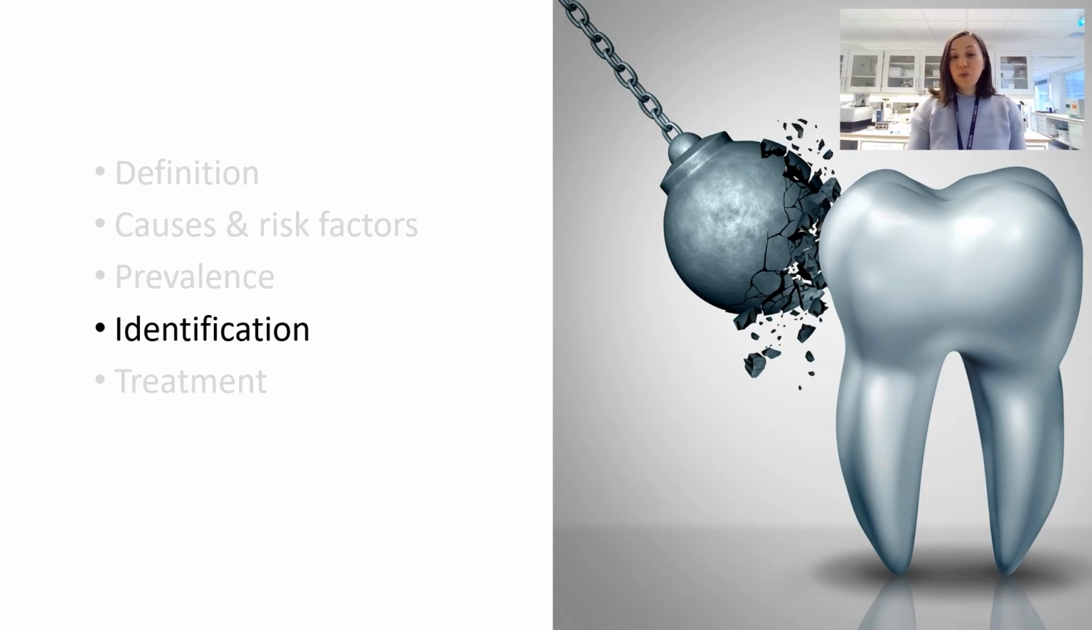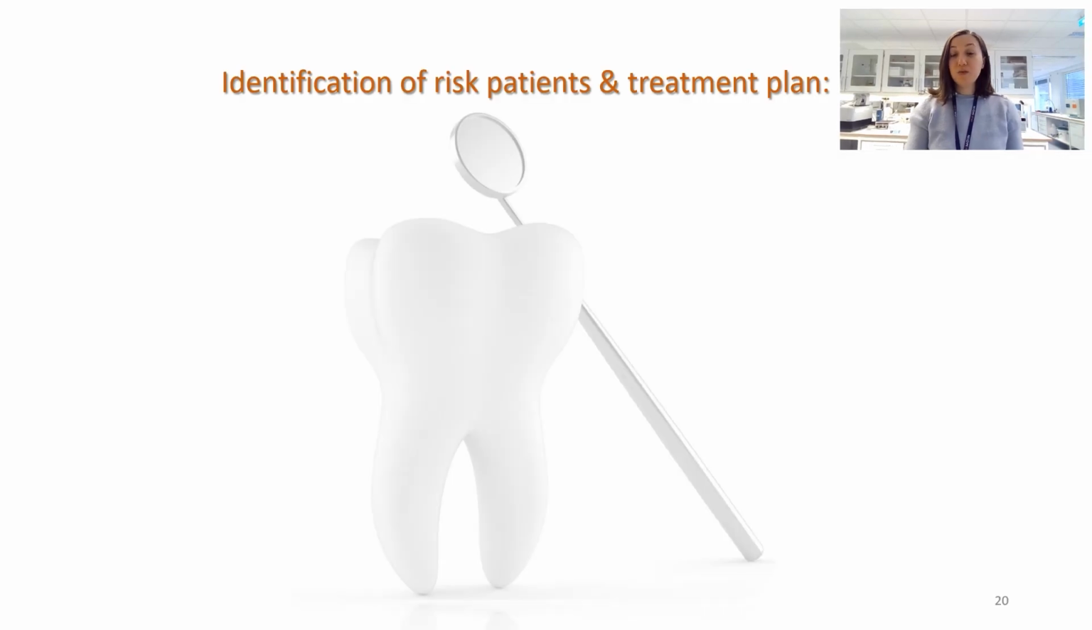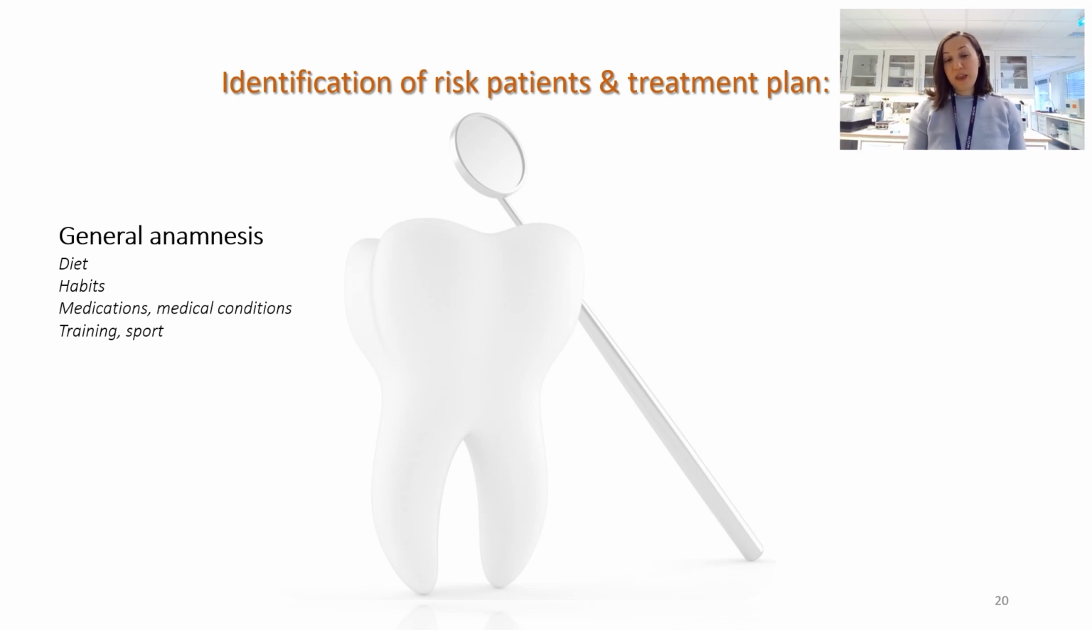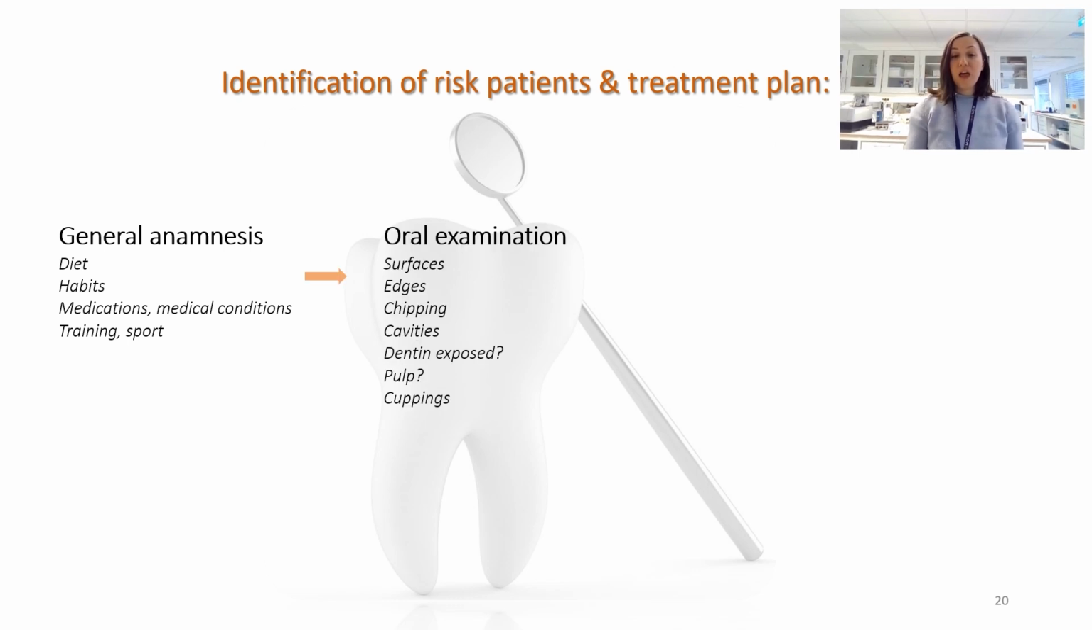So, what do we do to identify risk patients? Here is a brief summary I'm presenting. We start with general anamnesis, where we ask about diet, some habits that can be related to erosions, development, use of medications, medical conditions, is the patient training in sports,